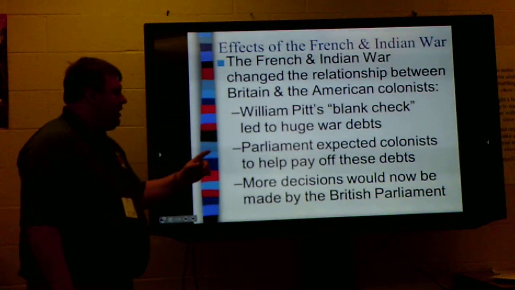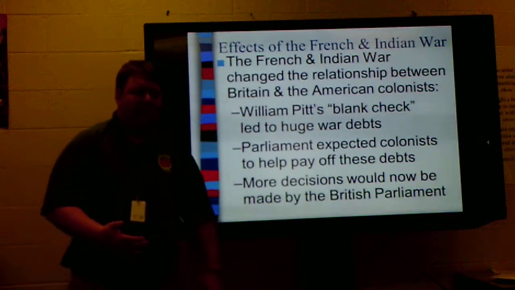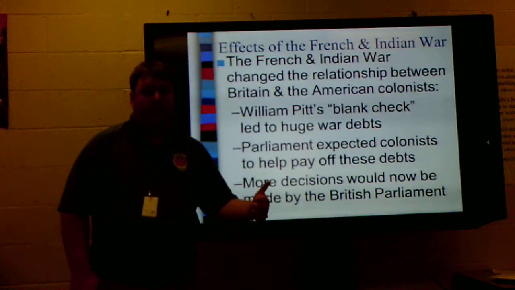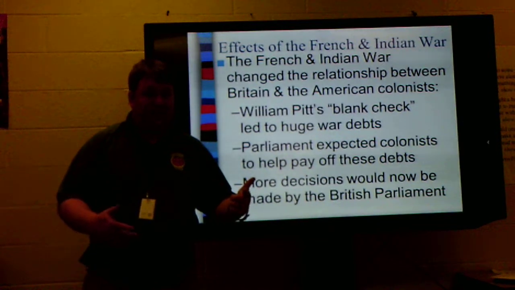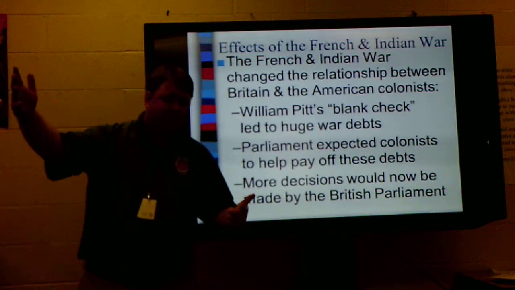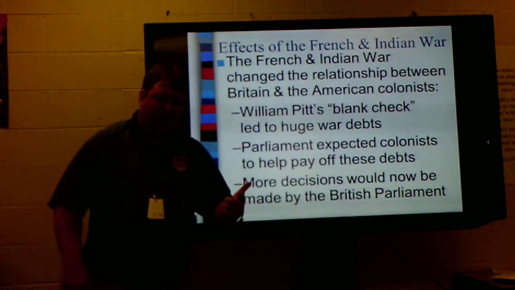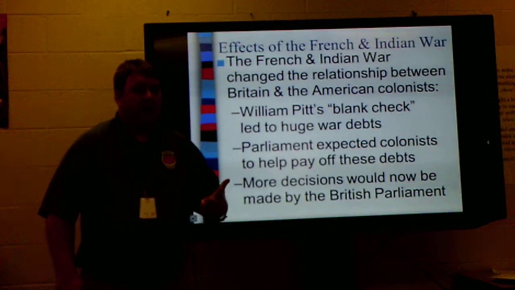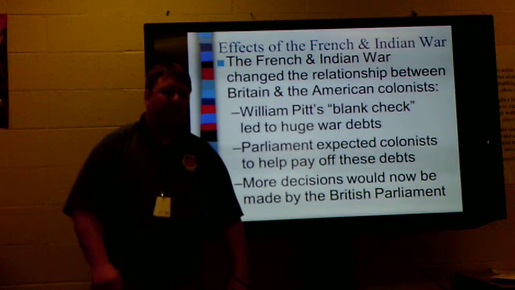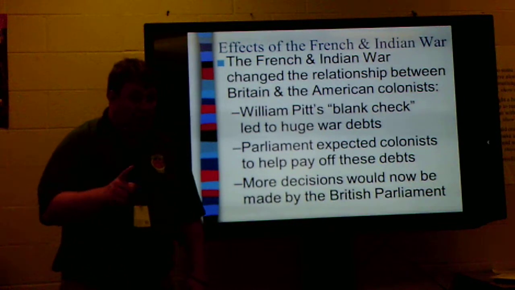William Pitt's blank check led to huge war debts. Now when a country goes into debt, there's a number of things they can do. They can borrow more money and go deeper into debt. They can print more money, which is not good because it causes inflation, because the more of something you have, the less valuable it is. So it makes your money less valuable, so they don't want to do that, or they can tax their citizens. That's what they choose to do, and that includes taxing the colonists,